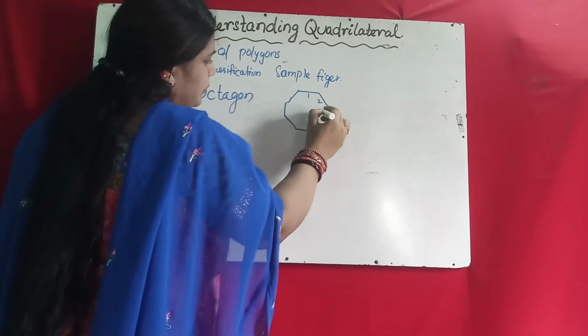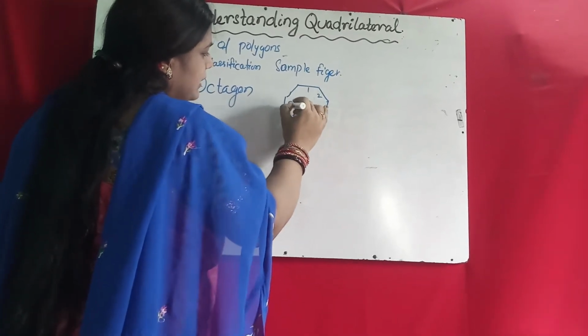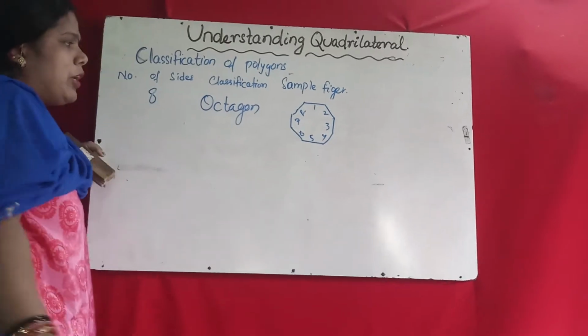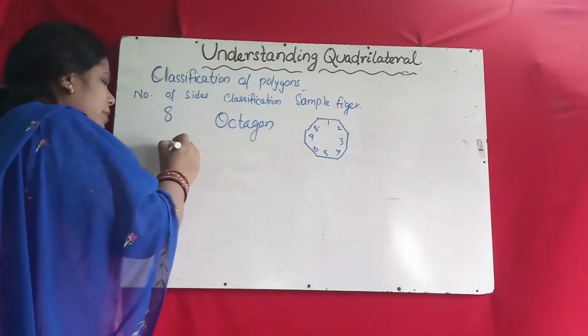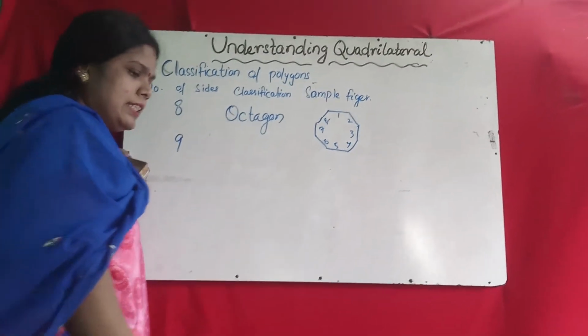Okay, 1 2 3 4 5 6 7 8. If a polygon has 8 sides, then it is called an octagon. If a polygon has 9 sides, then it is called